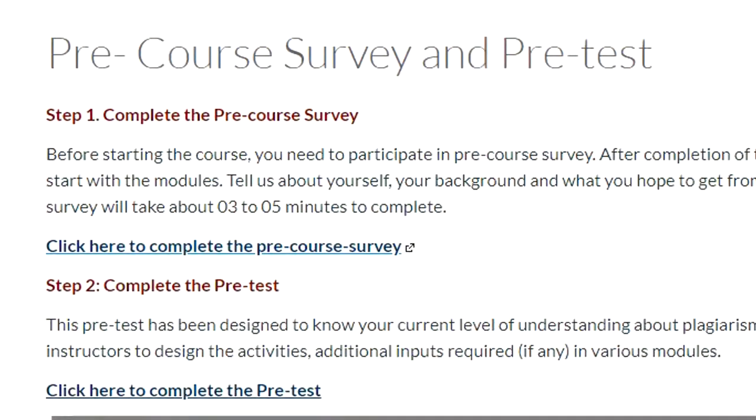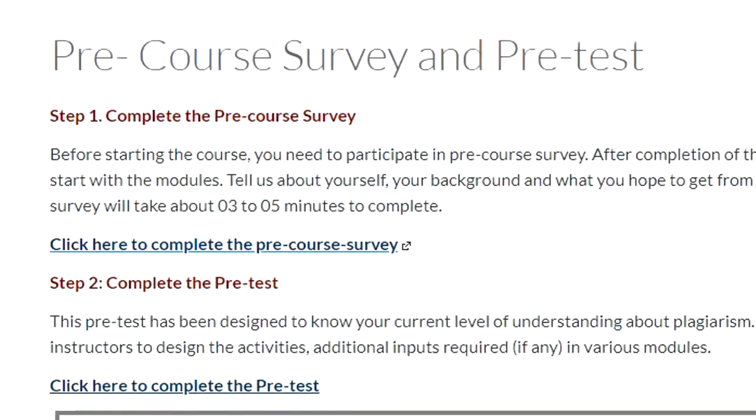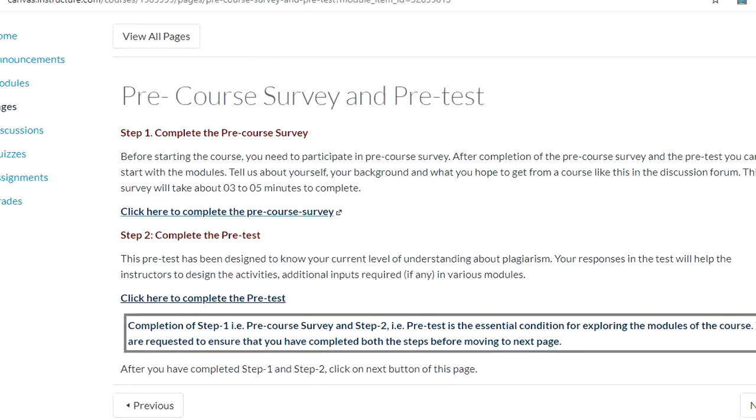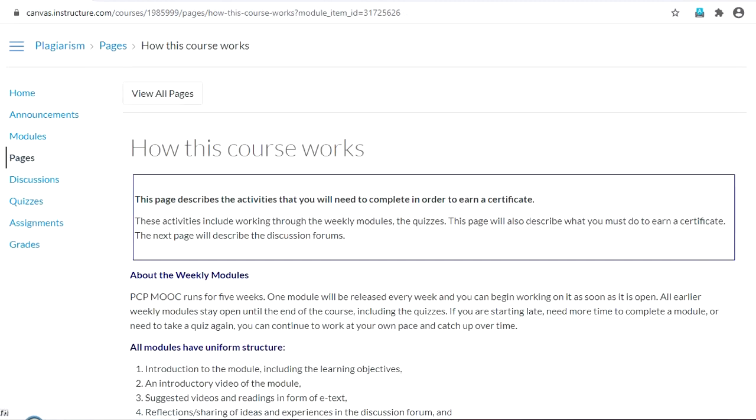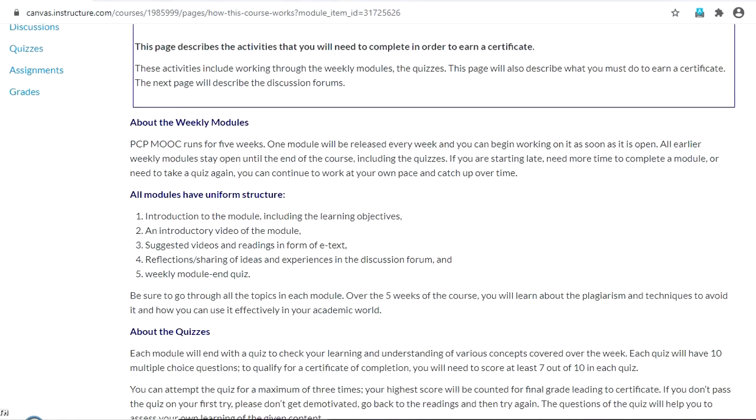The participants who will not complete these steps will be removed from the list of the participants and will not be able to explore upcoming modules. After completion of the pre-course survey and pre-test, please move to the next page where different activities have been discussed which you need to complete to earn the certificate.